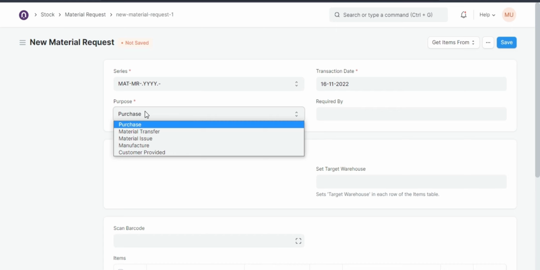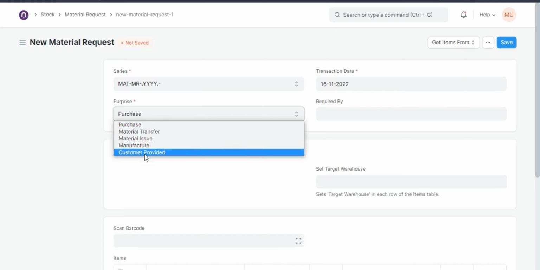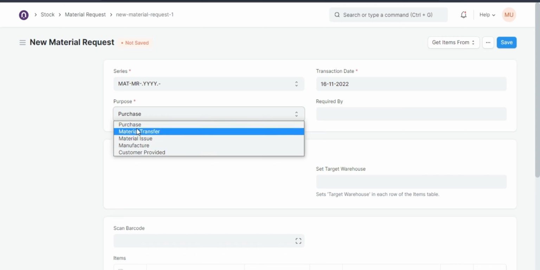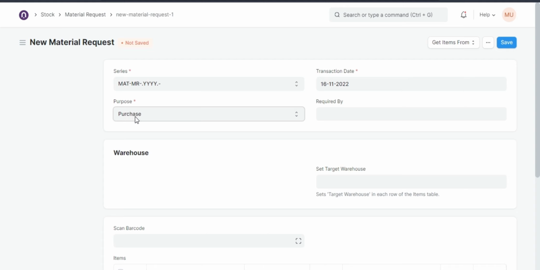You see, the purpose of this document is versatile or diverse. For example, if I choose this purpose to purchase, this document is going to serve the purpose of a purchase request. So I'm going to show you how we are going to create a purchase request,